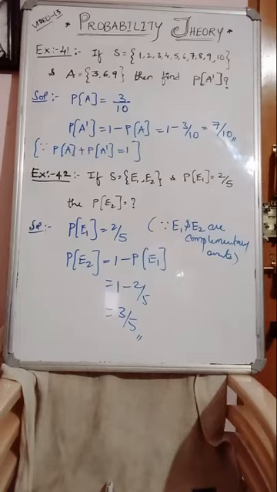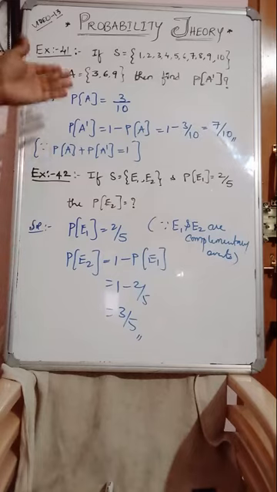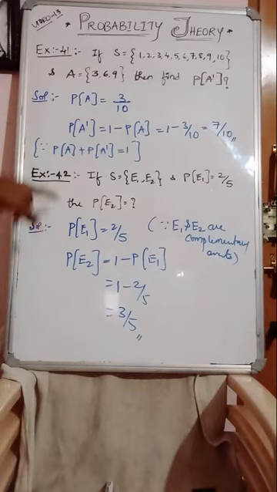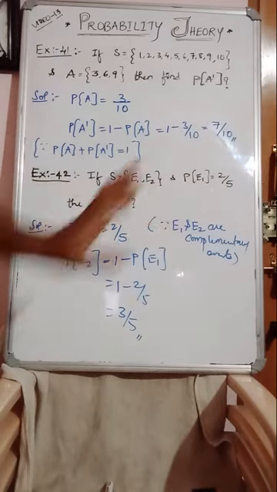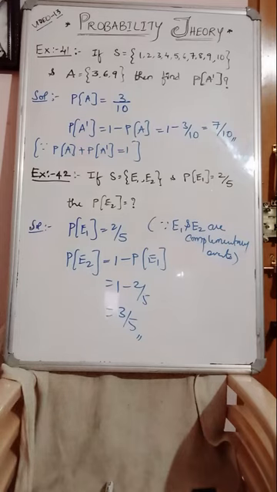So that was 41 and 42. Let us continue a few more problems. Now we are going into level 3, isn't it? So far we have calculated up to 42 examples. Still we have some more examples to reach level number 3. So far we are doing all level number 2, right? Level 1 is basic problems and level 2 is using addition and multiplication theorem problems. Now we are going ahead with level 3, right? Before that I need to explain the complementary problems. So A complement, here P of E2, because E1 and E2 are complementary events.